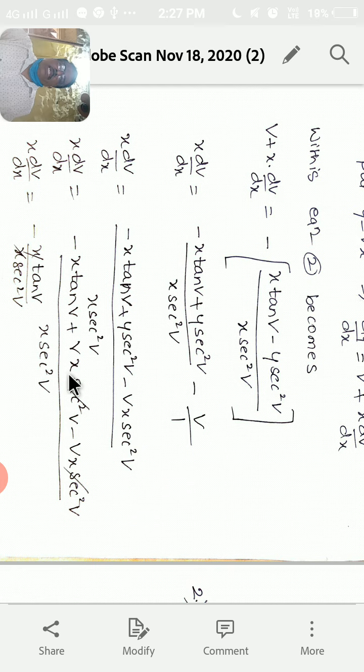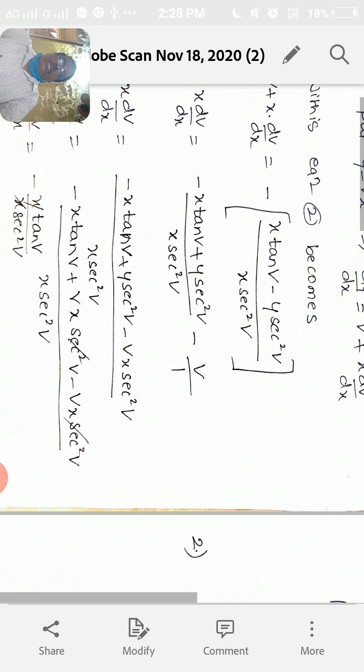So put y = vx here, then it gives vx sec² v minus vx sec² v, and this plus vx sec² v minus vx sec² v get cancelled, and we get x dv/dx equal to −x tan v divided by x sec² v. Again x gets cancelled. So we get x dv/dx equal to −tan v by sec² v. Okay, so then